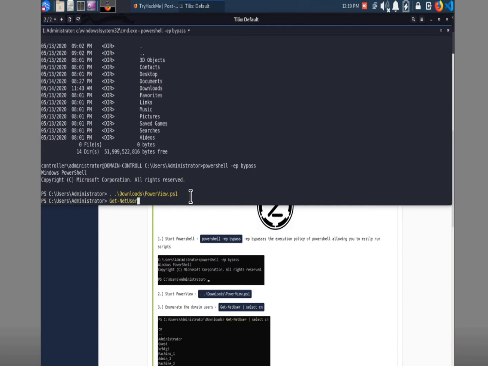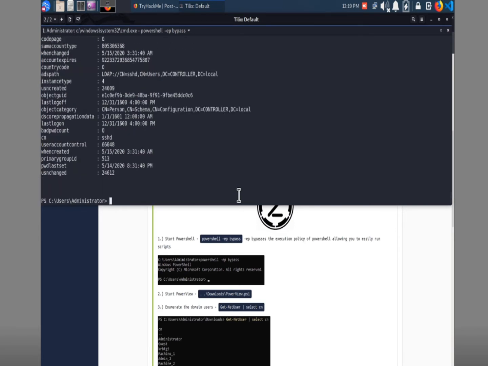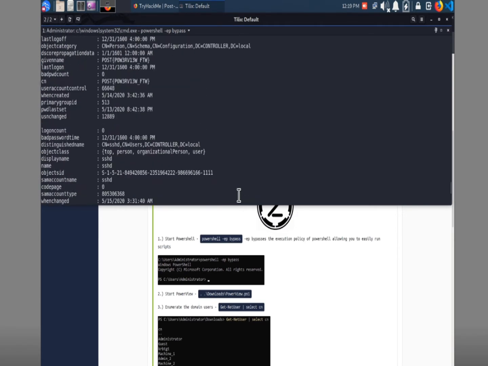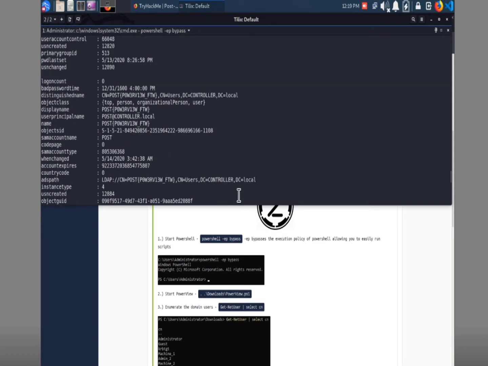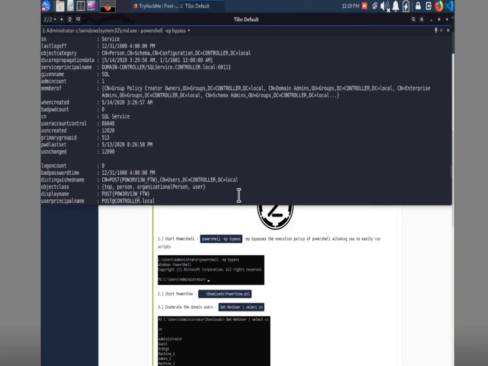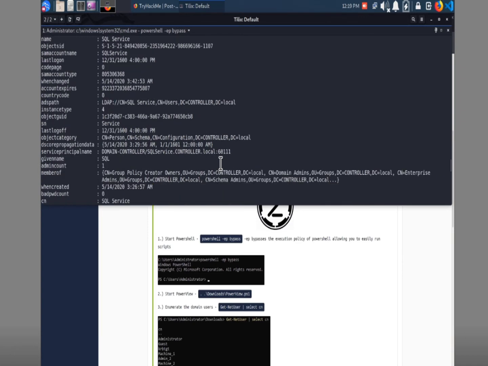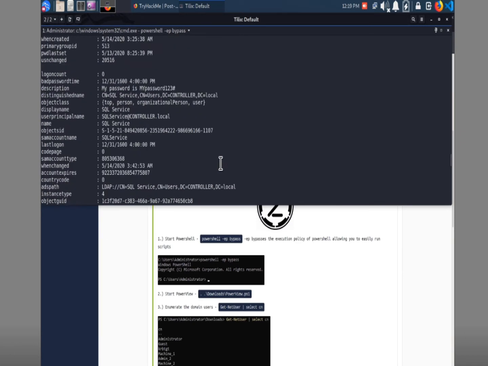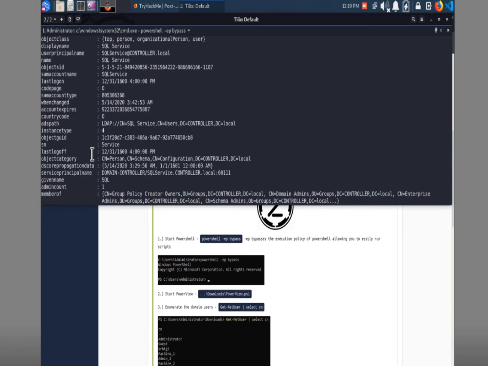So in this case here, it's showing us to get net user. And so if we just run that command without the other half of that, we see that here's a list of all the users and properties of those users. Each user has a set of properties, and the same properties for each user basically, but the data is different. So we can see stuff like login count, bad password time, some descriptions, distinguished names, object class, display name, things like that of this